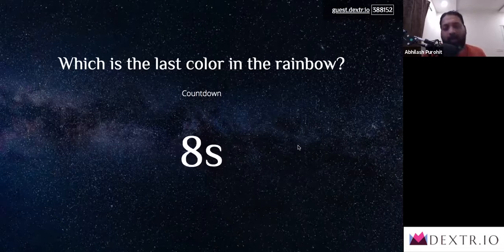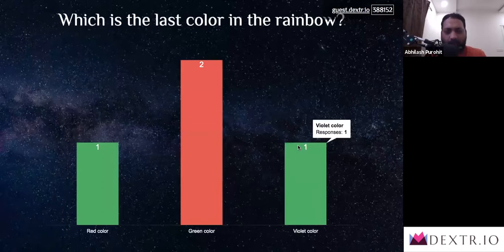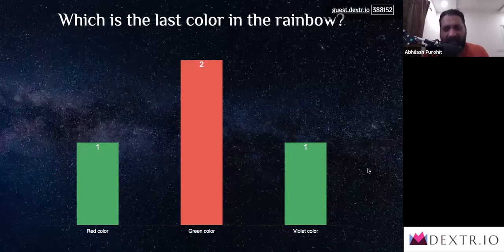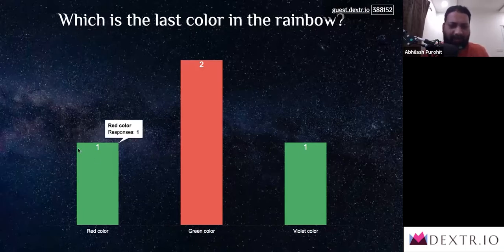Now, depending on who is going to answer how, you are going to see that once the timer runs down, all the answers are shown all at once, because obviously you don't want options to influence others. Unlike a response in a poll, the quiz has answers right and wrong. So 2 people have given right answers, those separate, and 2 people have given wrong answers. So this is how it is going to be.